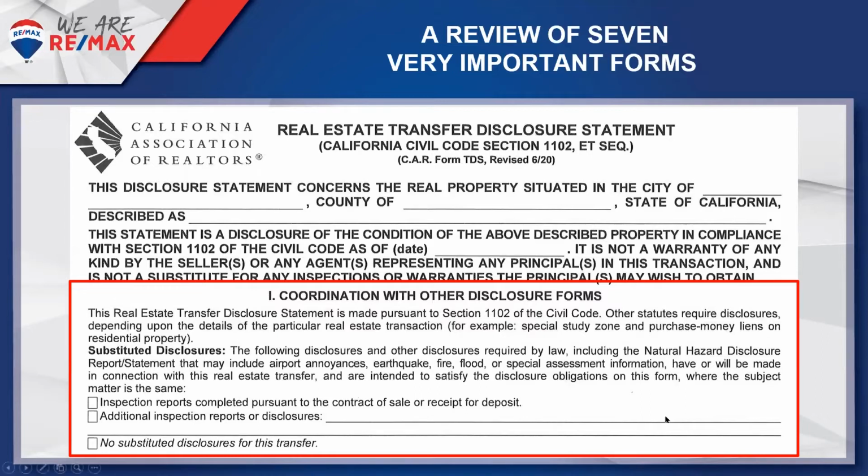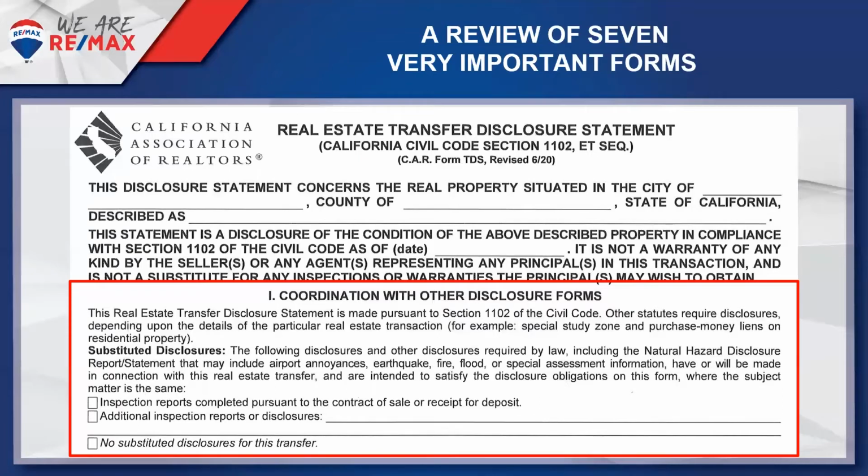But Civil Code does require you, Mr. or Mrs. Buyer Agent, to do your AVI as well. And we document that on an AVID. Hope that didn't confuse anyone. But Sections 1, 2, and 3 must be complete or you haven't delivered a TDS. So Section 1 discusses substitute disclosures. Now, the problem with the phrase substitute disclosures, and you get a bit into the weeds, so don't get hung up on it, is that when the TDS law was passed nearly 50 years ago, I think,